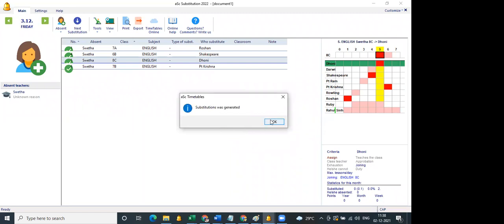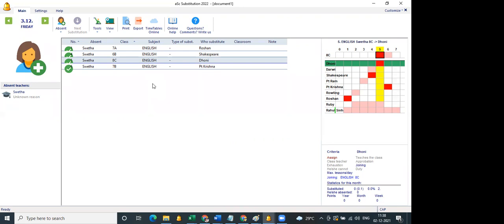The software will not see whether this is an English subject, or whether the replaced teacher is a Hindi teacher or a dance teacher or an arts teacher. Here you see Pandit Krishna, he is a Hindi teacher, so he is also replaced. They will just do the substitution, supervision alone. They may not teach.